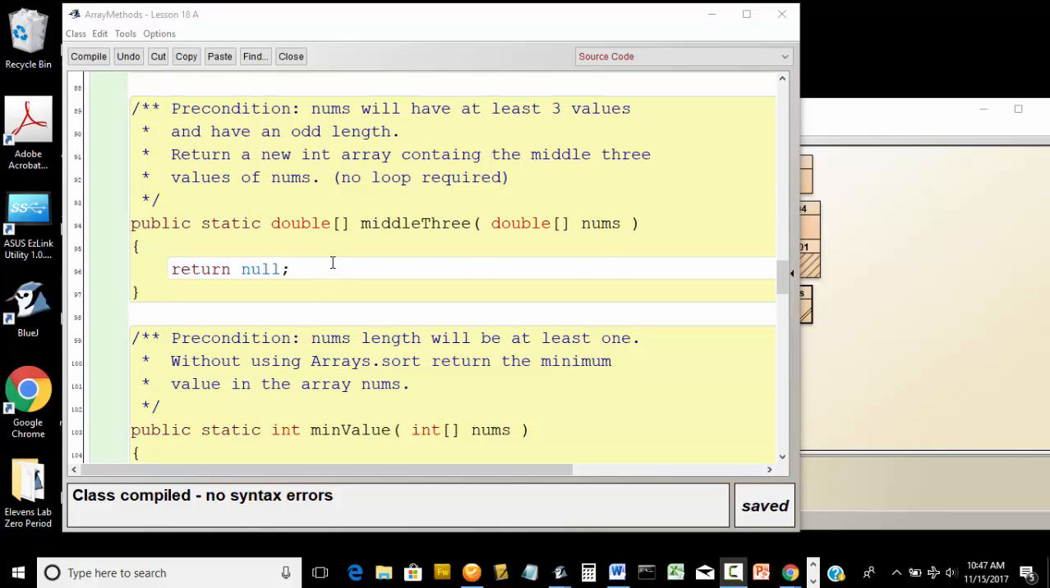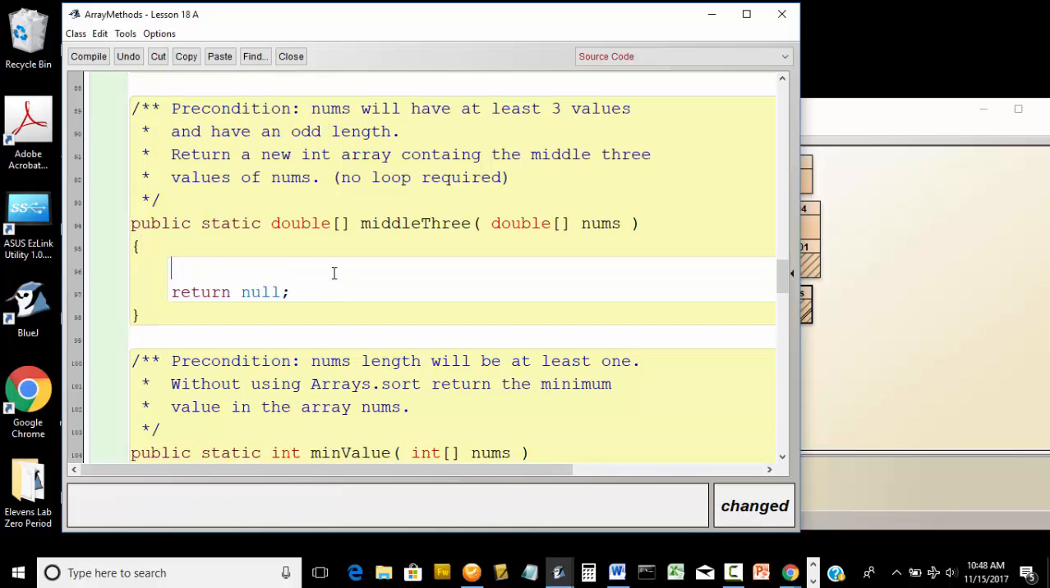Okay, middleThree is the most interesting program so far, and yet it's the first one so far, I think, that does not require a loop. So your first thought is it probably shouldn't be that hard. Well,